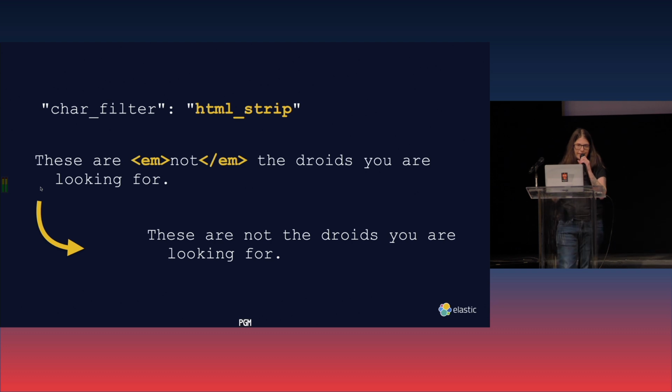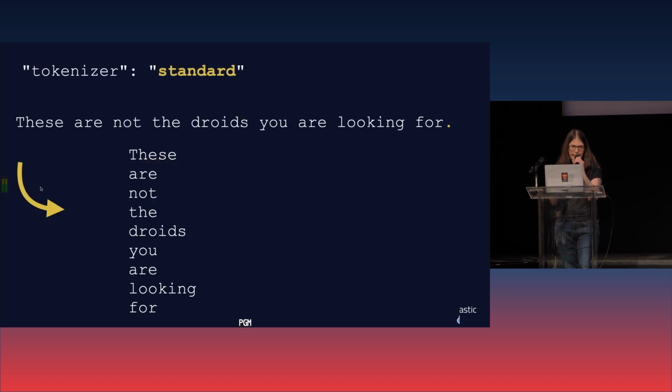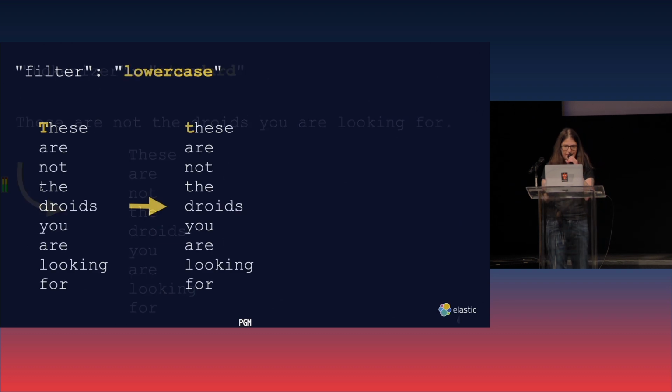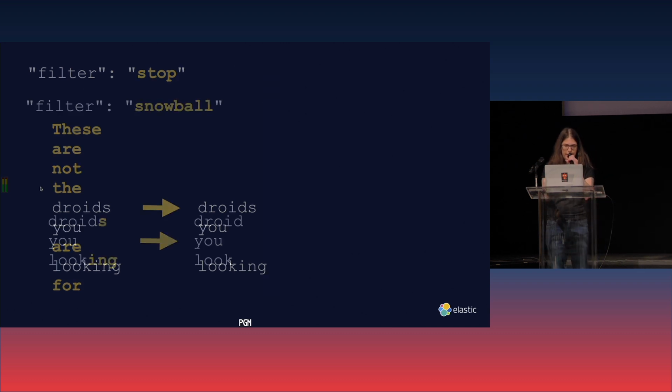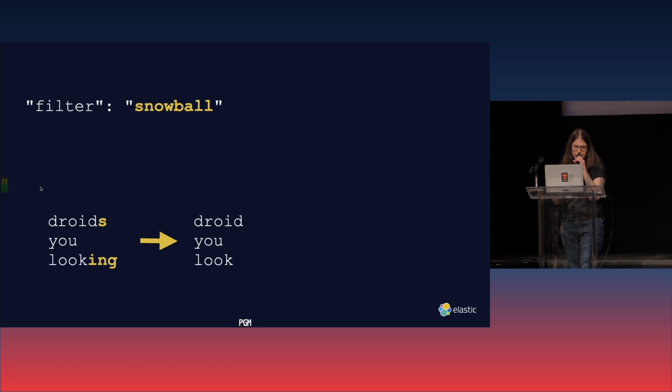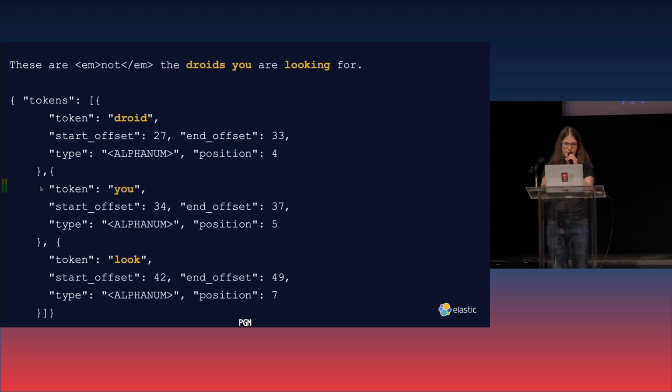So from here, we can take out the HTML tags that we added, take out the period. From here, we can lowercase everything. And then we could filter out the stop words. So we're down to droids you looking. And then we can use the snowball filter to take out the S and the ing, so we're down to droid you look. And so what's happening behind the scenes is that everything is inside of an inverted index,